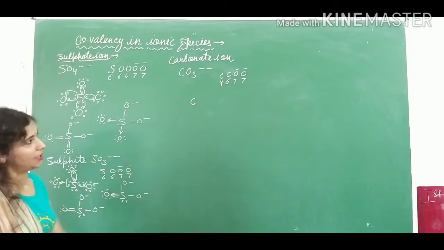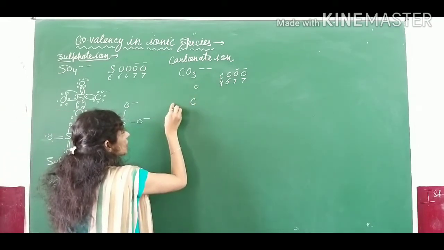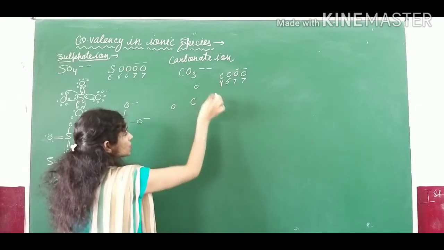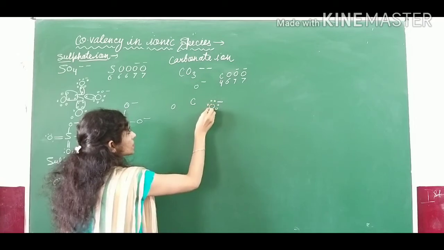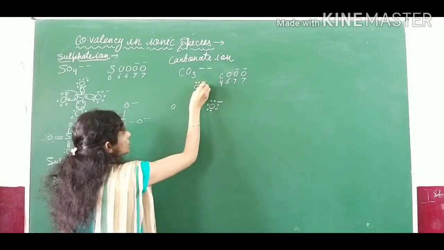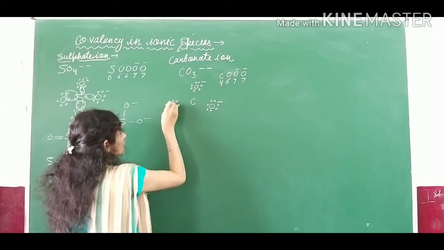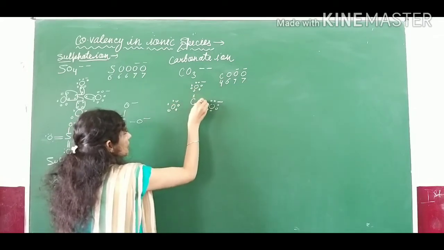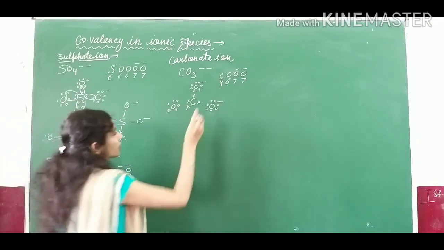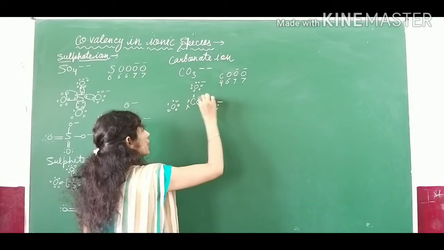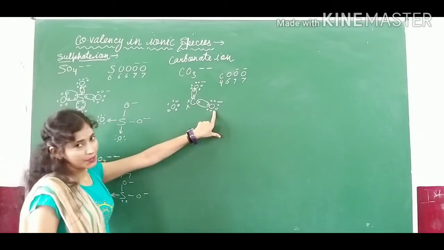of each element. Okay. Now these 3 oxygens you have to mention like this. Those 2 are having negative charges. So you have to mention 7 electrons. And here 1, 2, 3, 4, 5, 6, 7. And this is 1, 2, 3, 4, 5, 6. But carbon is having 4 electrons in its valence shell. So what is to be done here? It will share 1 with this and it will share 1 with this. So its octet is completed now.